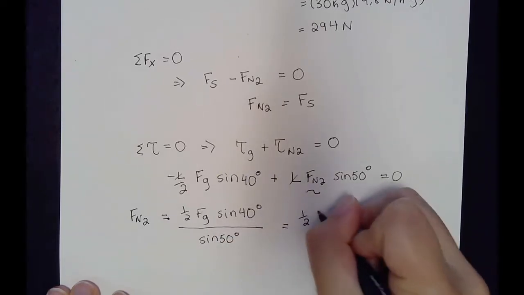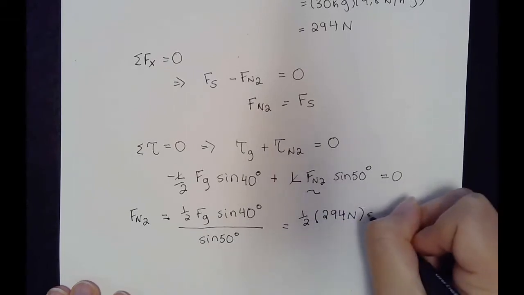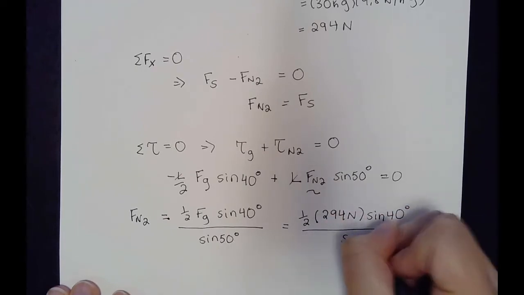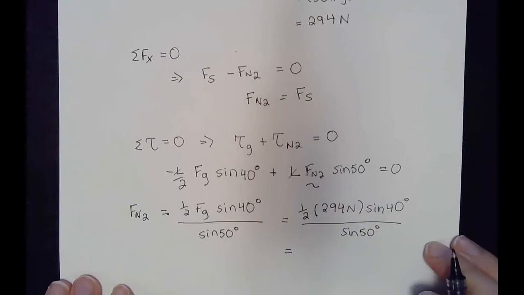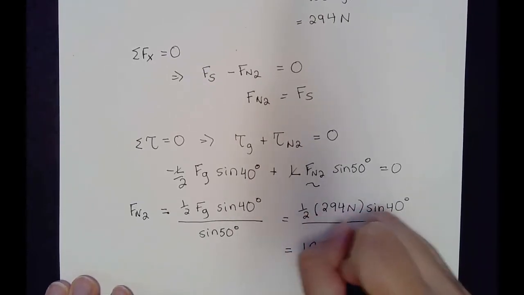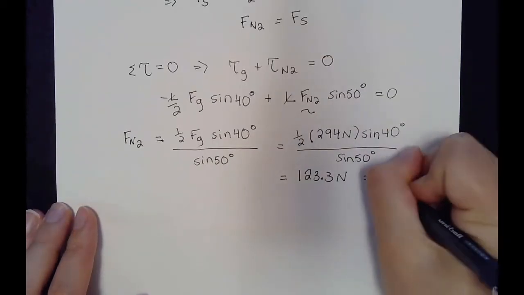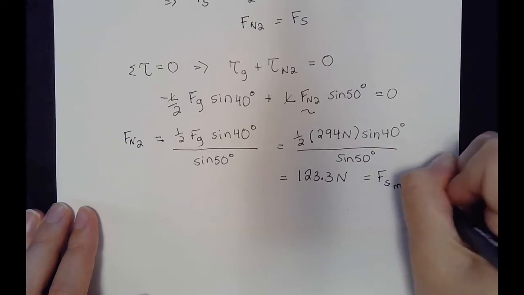So 1/2, 294 newtons, sine 40 over sine 50, which gives a normal force of 123.3 newtons. And as explained previously, we know that that is equal to Fs,